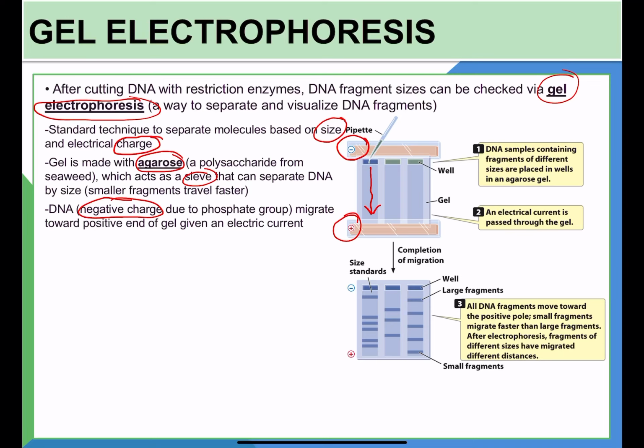Now, there have been cases where students, or even graduate students, mix these two electrodes up setting up the gel, and your DNA ends up migrating out of the gel into the fluid surrounding it. So there goes your DNA sample. Bye-bye. Okay, so we have to make sure that these electrodes are put in the right direction to make sure that your negatively charged DNA is traveling towards the correct positive electrode. Okay,